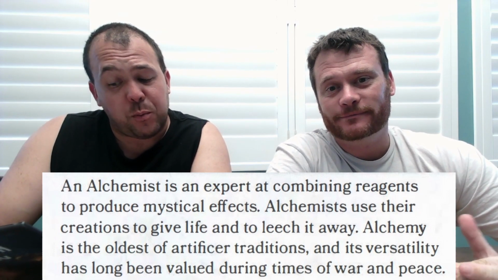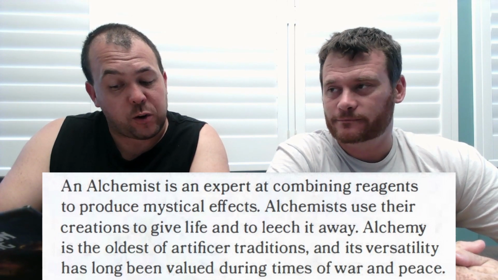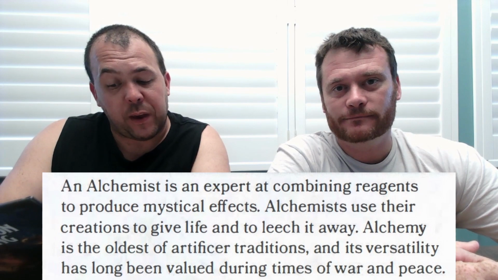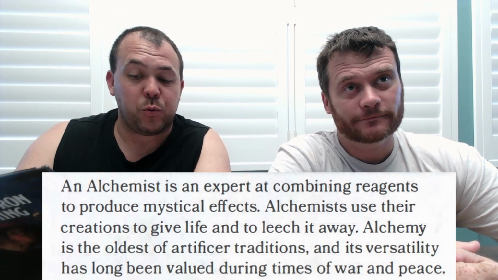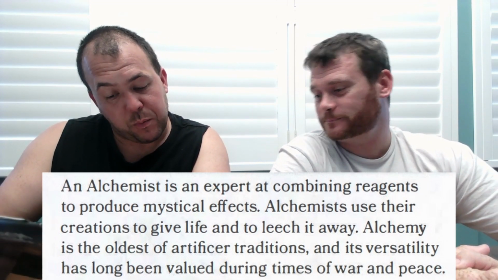Right, Mitch, I have my elixir. I'm ready to go. Talk to me about what is an alchemist. An alchemist is an expert at combining reagents to produce mystical effects. Alchemists use their creations to give life and deal it away. Alchemists are the best class in Dungeons and Dragons by far, as written in this book called Tasha's Cauldron of Everything. So, we're going to be talking about the subclass called the Alchemist,